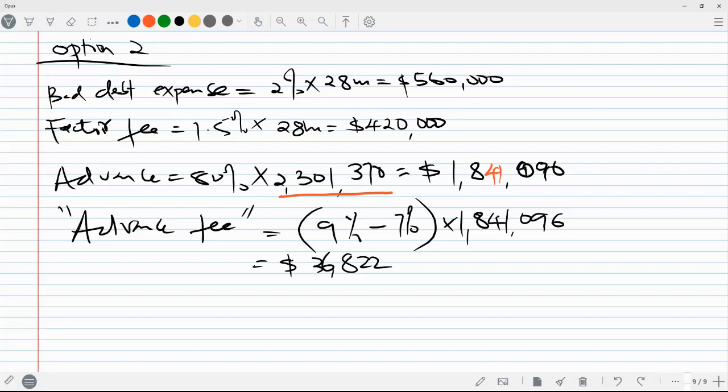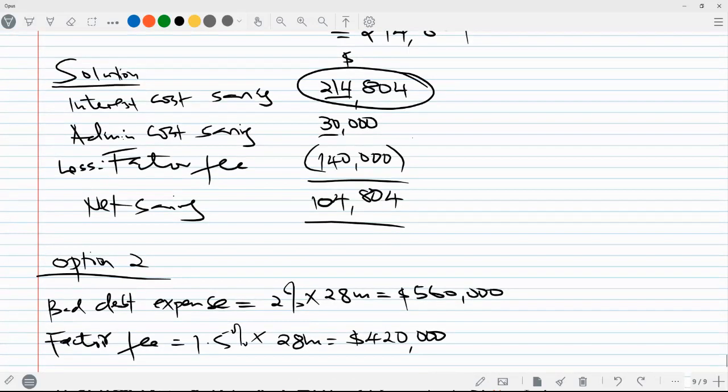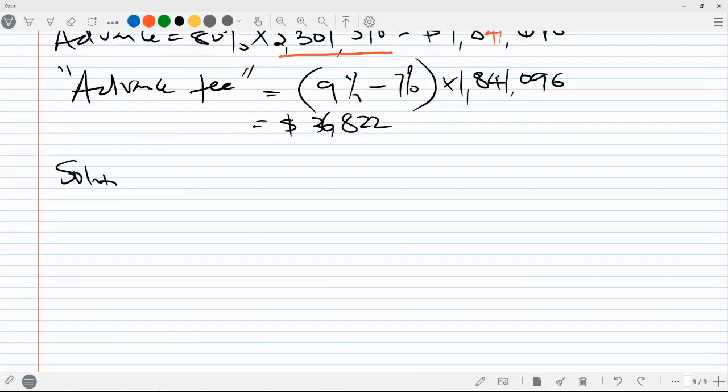Anything else remaining? Okay, so since the number of days, okay, see, admin cost will be the same, that 1,000. The number of days will be the same, they'll be decreasing to 30. That implies, therefore, the interest cost saving also remains the same at 214,804. So we don't need to work it out again, therefore, solution may be equal to, we can begin the savings,